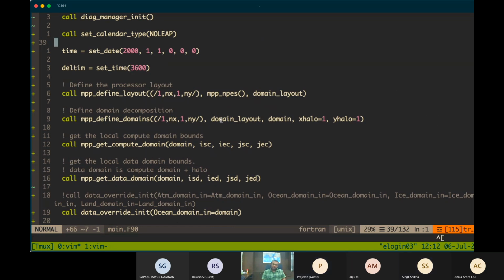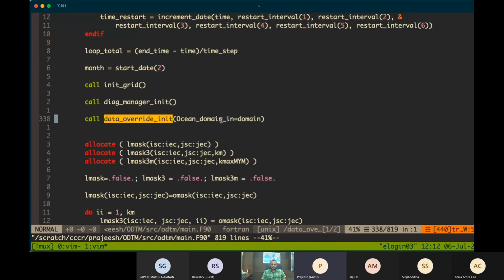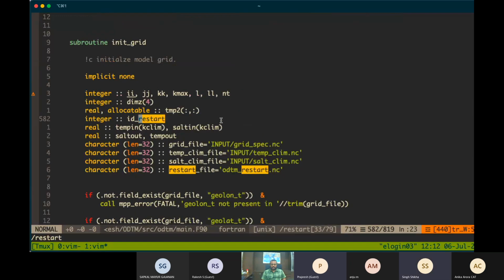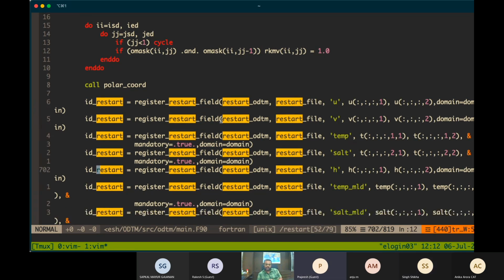So that you can do restart, write restart file using the restart.